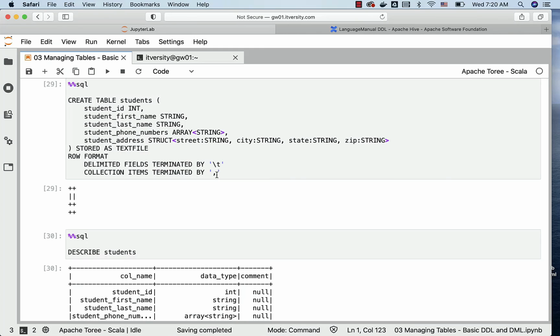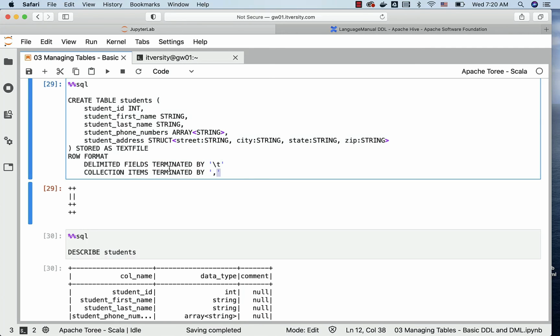So this is how you can create a table with not only the primitive types but also a bit advanced types, and then insert the data and preview the results to understand what is happening internally. If you are using special file formats such as ORC, Parquet, etc., we don't need to worry too much about this row format clause. It will internally maintain whatever metadata is required to interpret the fields appropriately. Only when it comes to text file, which is default, even if you do not specify stored as text file here, it will be used as default.